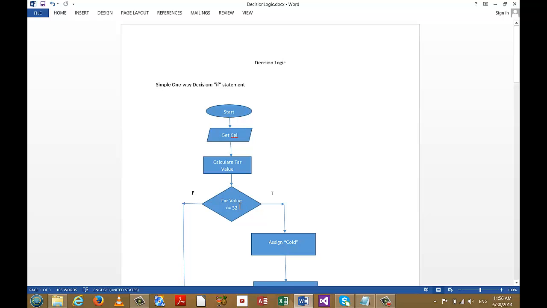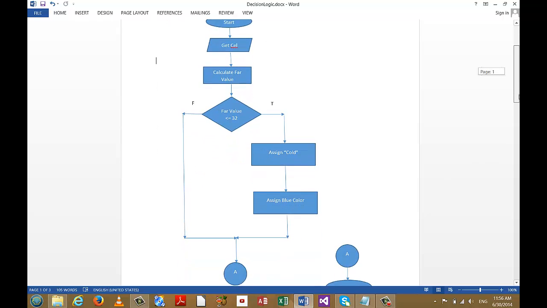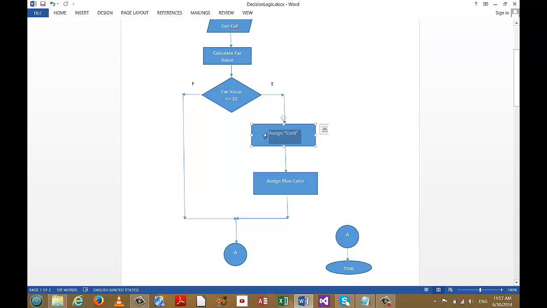So again, a Boolean expression can only evaluate true or false. And let's pretend that I put in a Celsius value and convert it to Fahrenheit, and that Fahrenheit value is in fact less than 32. Then it would take the true path and ignore the false path, and it would assign to some display element, probably a text box, the string value cold, and then it would continue to